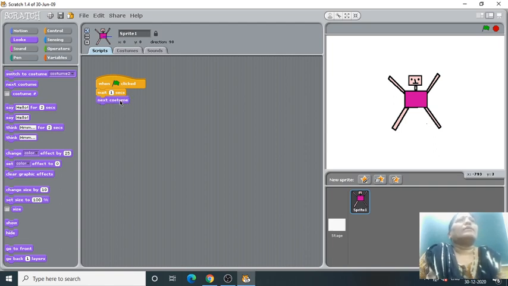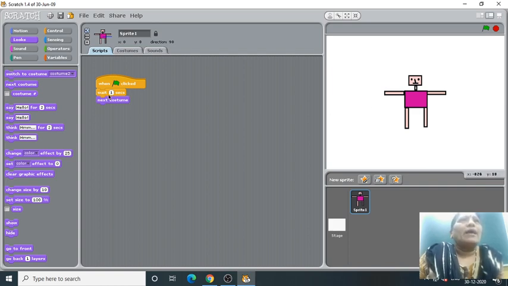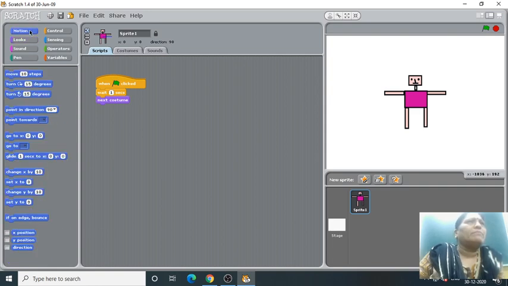Okay, now I will see what happened. I will just click this flag. See, the green flag is there on your screen. Click it. You see what will happen, it changes. So same action, suppose I have to do it 10 times. Same action I have to do 10 times.